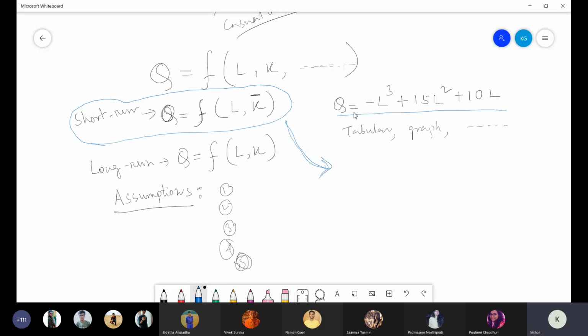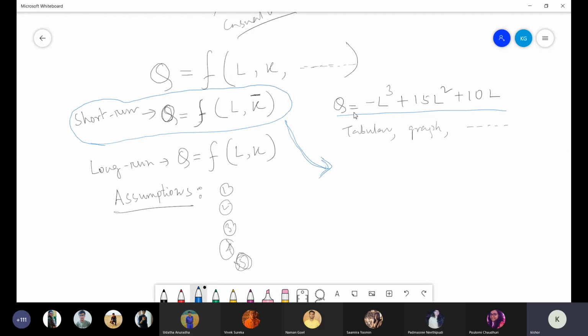Now, what I say is that you can solve this equation maybe in a tabular form. Suppose you do not know the value of labor. The condition is something like that. Suppose you are producing a pen in a factory. Suppose in a room. The room is your factory. So the room is ready. You have a machine also, 1 or 2 machines, whatever it is. That is also there. You purchase raw material, electricity, everything is ready except labor. But you do not know the value of labor.